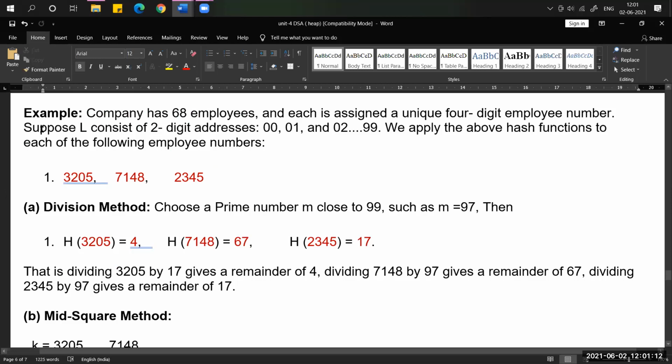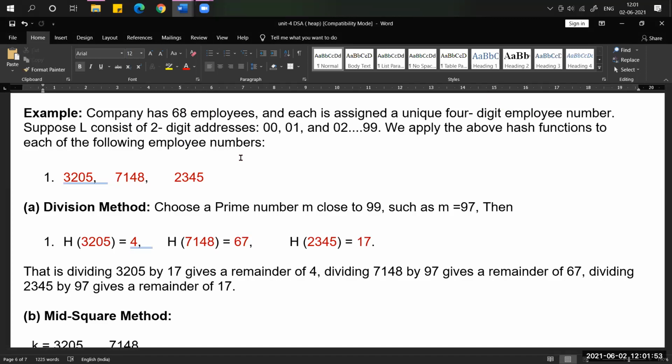So in this example, there is a company with 68 employees, and every employee has a unique 4-digit employee number, like your roll numbers. Suppose I want to store those employees in a hash table.